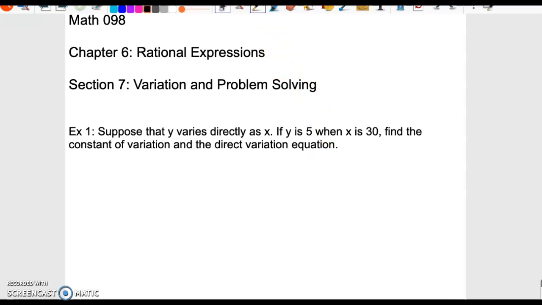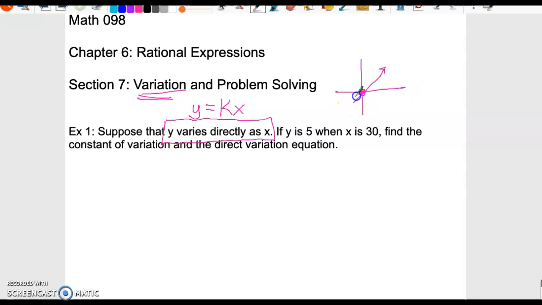All right, so we're moving on to different kinds of variation and problem solving embedded in those. Let's just jump right into it. It's always the case that when you see y varies directly as x, that means we're following the equation of the form y equals kx. In other words, direct variation or directly proportional means that it's a line that goes through the